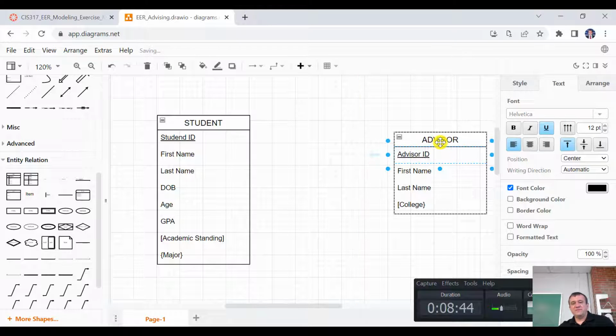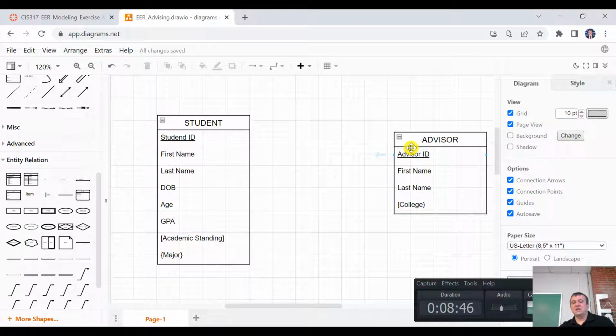Okay, so now we have advisor and student entities. Now, let's think about cardinalities. One student can be advised at the minimum by how many advisors? Stan, what do you think? Yeah, it depends on the domain. Maybe if it's a new student, maybe 0, but let's assume at Murray State, once you accept it as a student, your advisor is specified, right? So minimum 1,